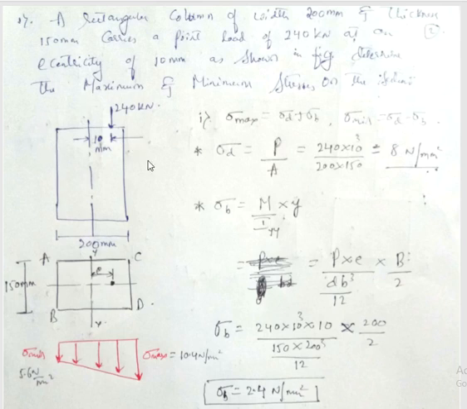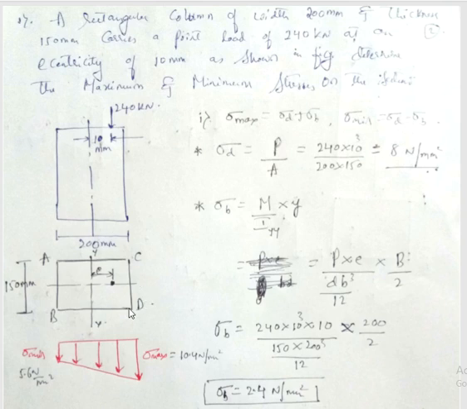So when it is subjected to eccentric loading, we already know that the column will be subjected to direct stress, that is direct compressive stress, and also bending stress, because this column is going to bend towards the right. When you hold the pen and bend it towards the right, this right layer will be subjected to compressive bending stress and the left layer will be subjected to tensile bending stress.